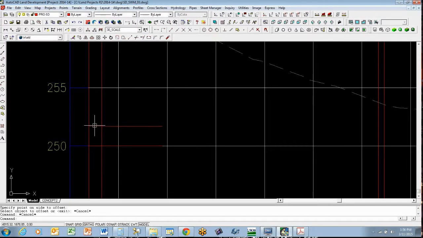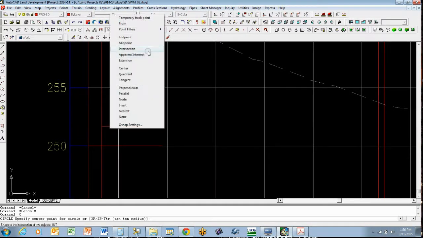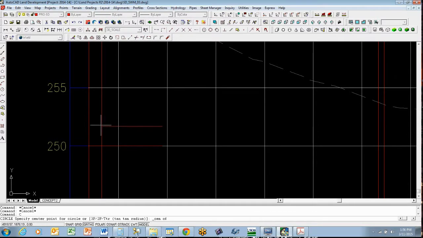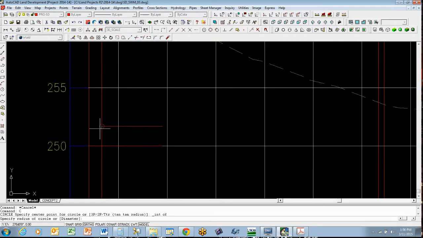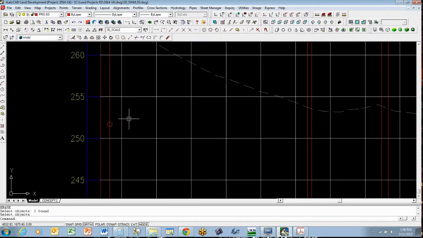And that now represents the exit point for our storm drain pipe. And we'll just put a circle there. Circle, intersection. And that becomes our exit point for our storm drain pipe. Okay? Now,